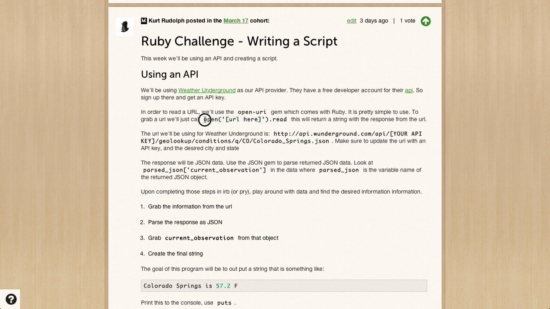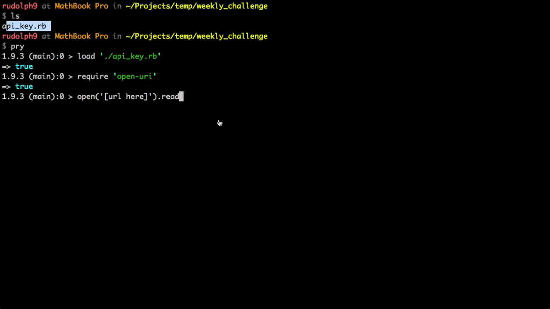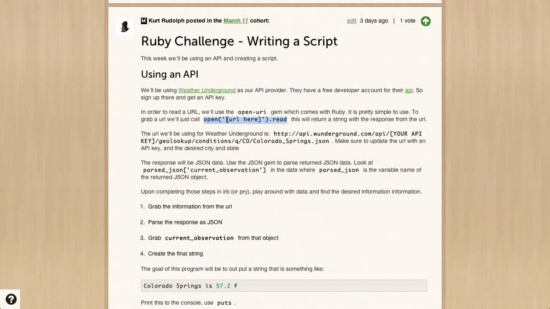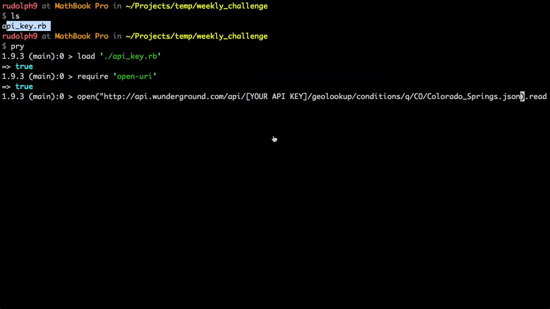So let's copy this and let's stick in our URL. And then let me put in my API key,